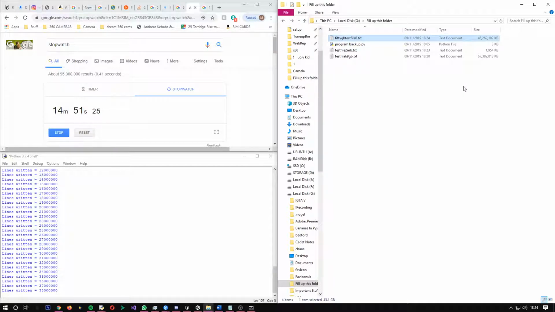Lines written is still 38 million. It's not going to stop till it hits 50 mil, so 12 million lines to write. 12 million times 6, so there's actually a lot more lines than it says there are, because it writes 6 lines every time it says 1 line written. So I didn't really want to implement it, but